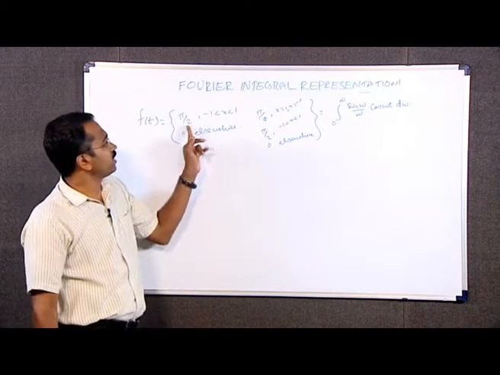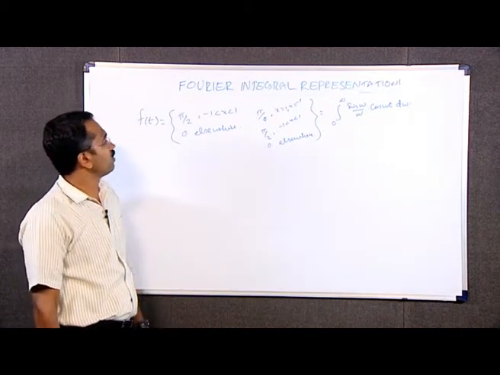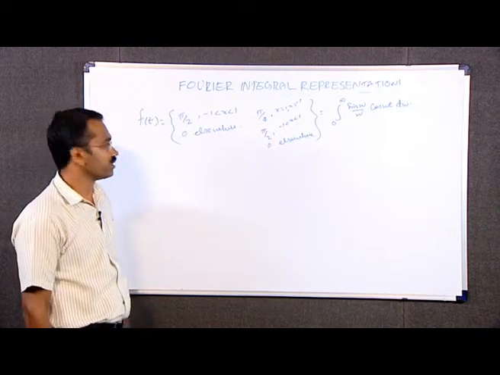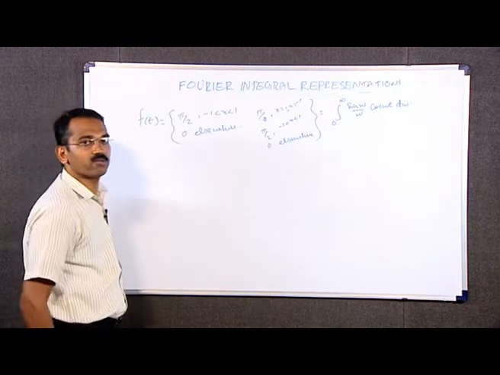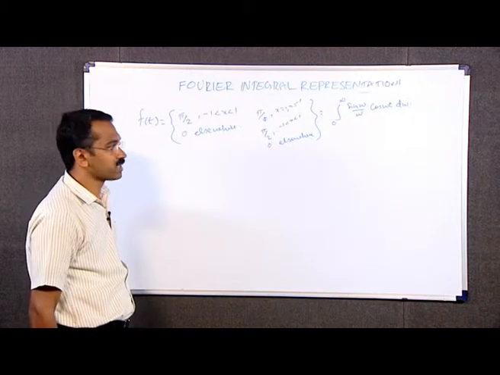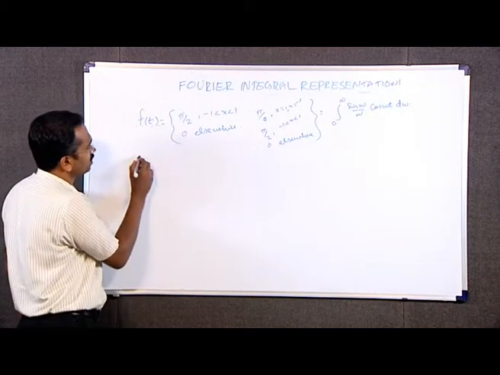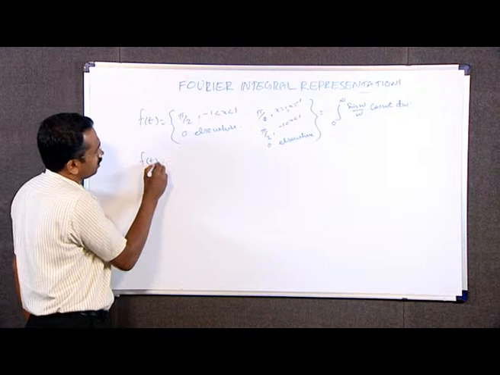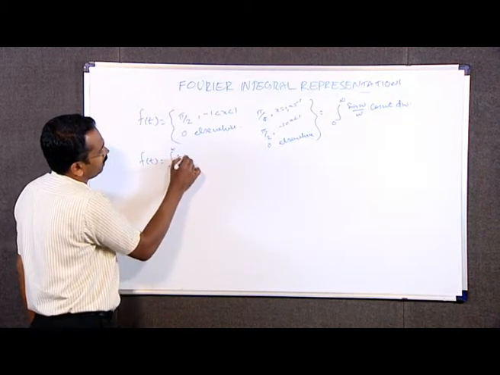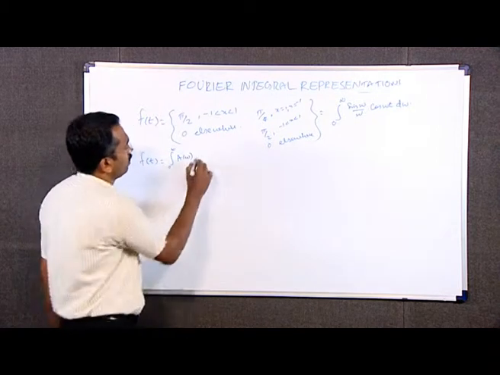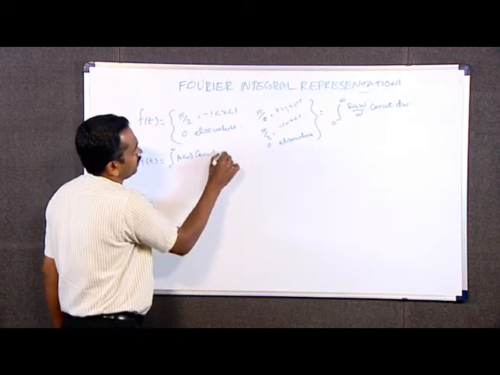This function is clearly an even function because this is a constant function, it is even. Therefore, the corresponding Fourier integral representation is f of t is equal to integral from 0 to infinity a omega into cos omega t d omega,